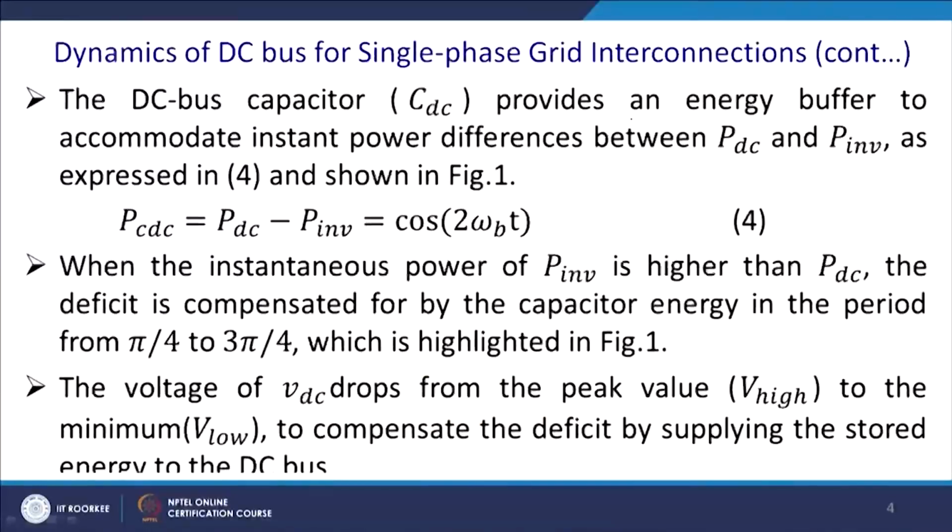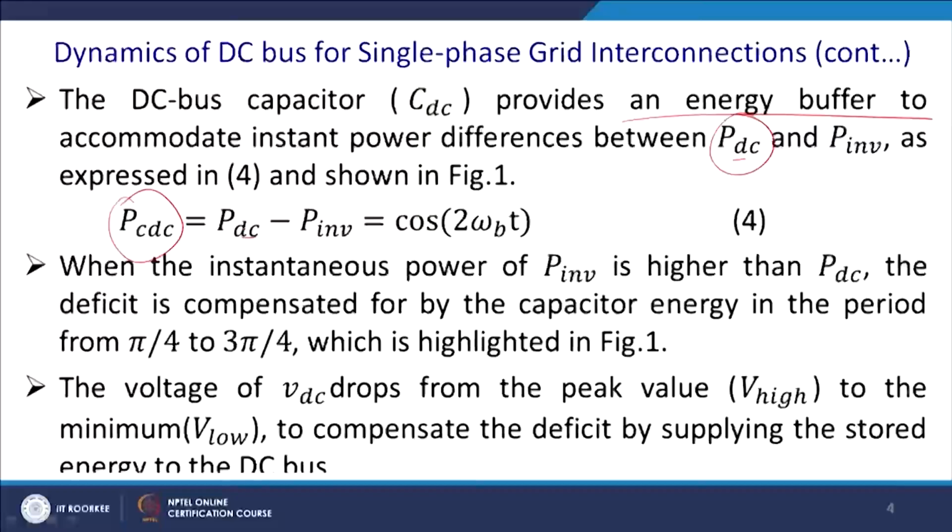Thus the DC capacitor CDC provides an energy buffer to accommodate the instantaneous difference between the powers. That is the cause of the difference between PDC and P inverter, as expressed in the next equation 4, and it can be shown in figure 1. You can refer back to slide number 1 by dragging. So, PCDC, that is the capacitor power, essentially has